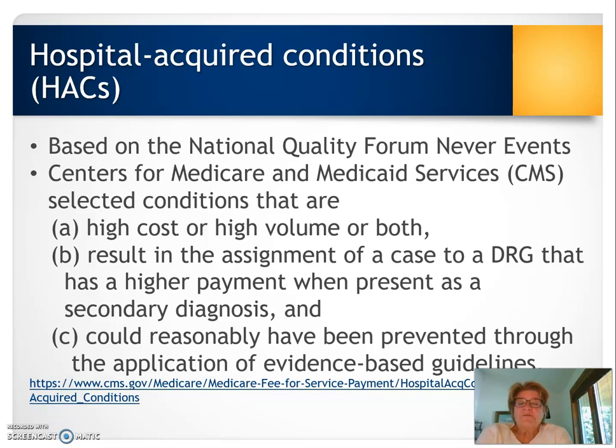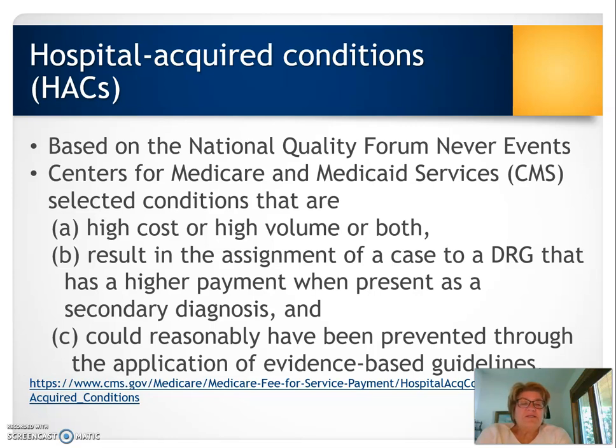So one of the very first ones was the hospital acquired condition, or the HACs, as you'll hear them called. And they're based on the National Quality Forum Never Events. They're things that should never happen. And you can Google that to see what those things are. So the Centers for Medicare and Medicaid Services, or CMS, thought this was a good idea. And so they selected some conditions that are high cost or high volume, or both,